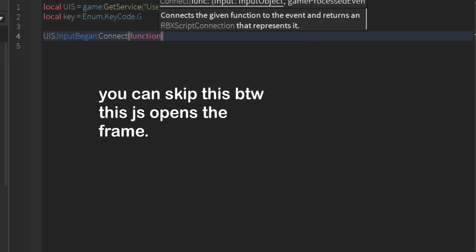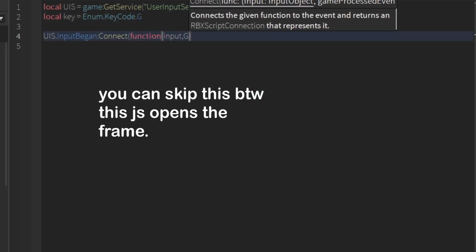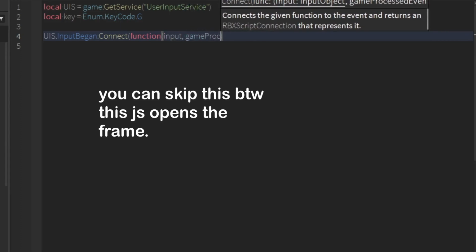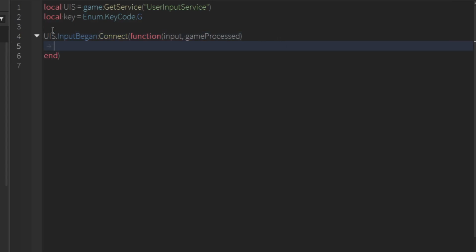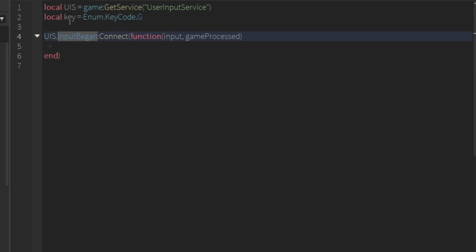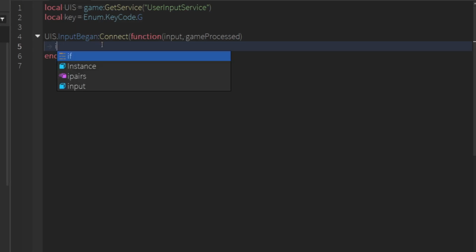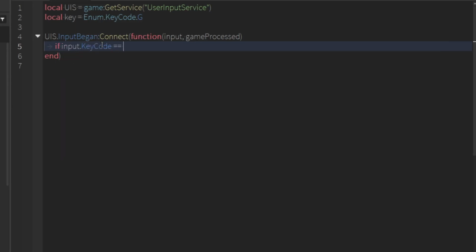UIS.input began connect function input game process. Forcing myself to type slow for you guys. It's crazy. So what this function does is whenever you press a key on your keyboard, or press something on your mouse, or press something on your controller, really anything in the game, this function will play. And if input.keycode equals key, what this means is that if whatever